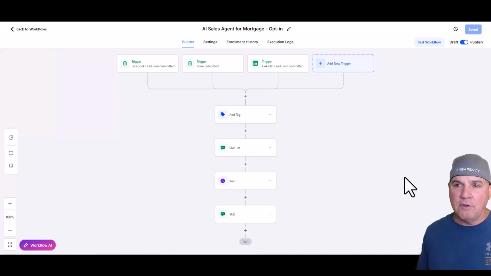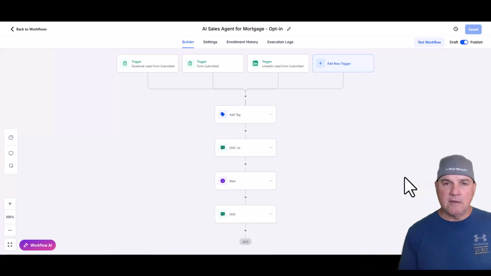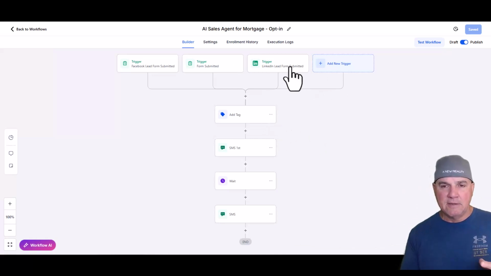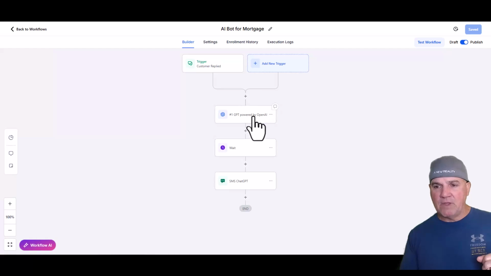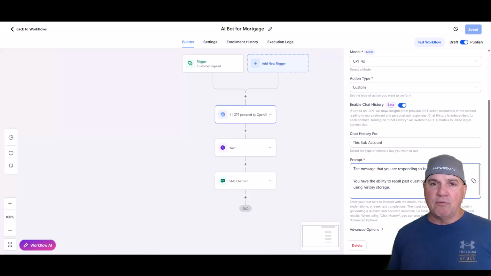Hey, imagine what you could do if you had an AI sales agent running your business, taking in leads and responding to those leads. What we're going to go through today is how to capture leads from Facebook, from any form on your website, from LinkedIn forms, to basically anything. It will respond automatically. And check this out, we're going to teach you step by step how, once the customer replies here, ChatGPT is going to pick up this conversation,